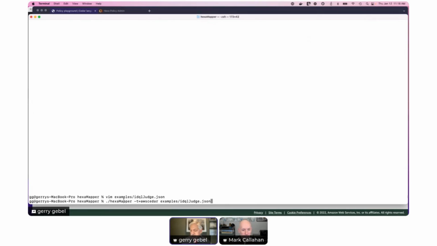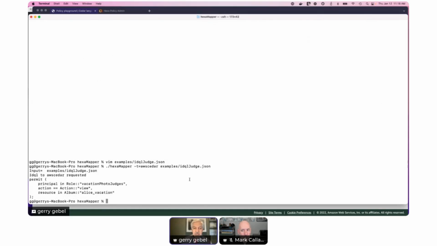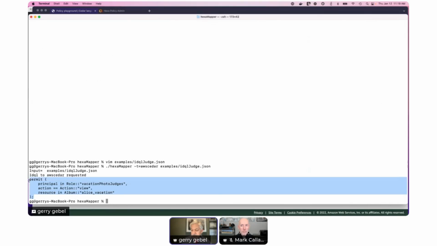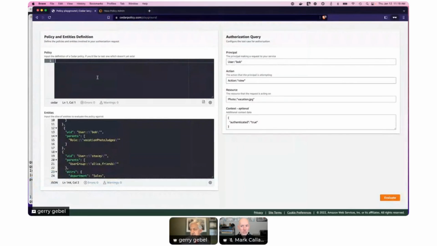So here I'm executing the Hexa mapper. Minus T is the target, which is Amazon Cedar. And then this is the input file down here, and it'll give the output right on the screen. It's pretty quick. Just waiting for that to completely render. So this is the Cedar policy. So we've converted that IDQL to Cedar, and we're just going to copy that, go to the playground, paste it